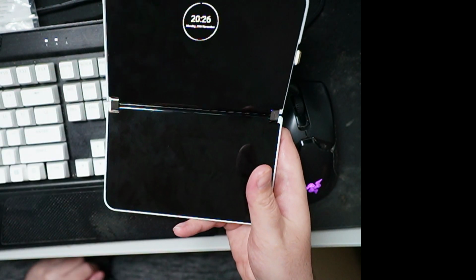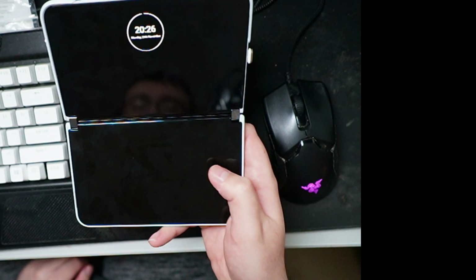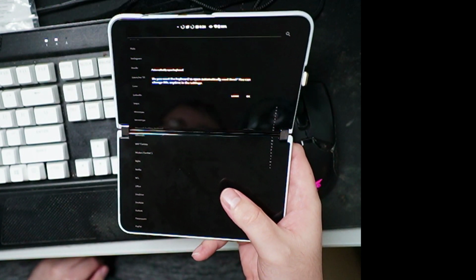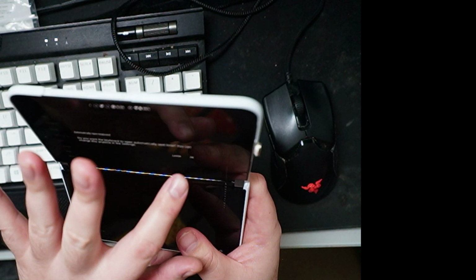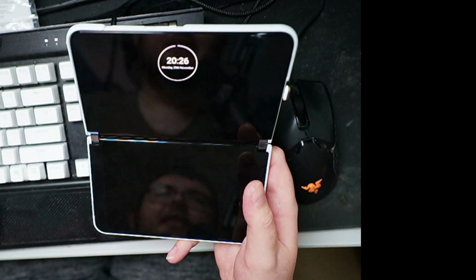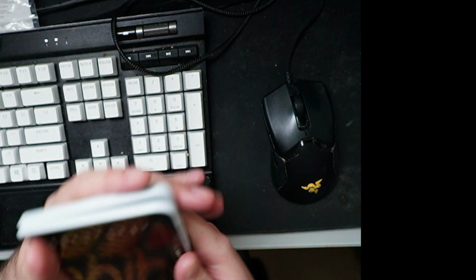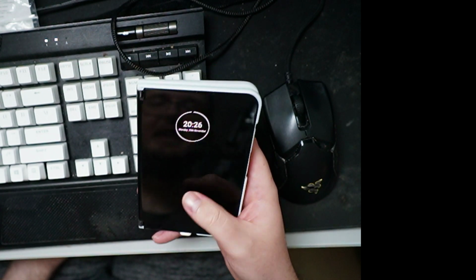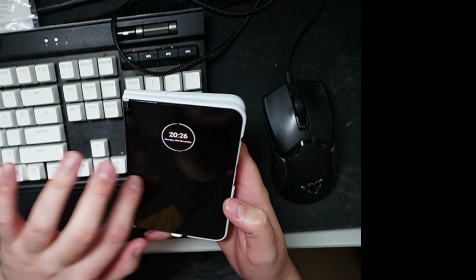And if you put it in tablet mode, that's what it looks like. So again, you could always go to the right-hand side and you get all your applications. But this is how it would look. So again, a little weird looking. Don't know if it's my cup of tea, but again, like I said,